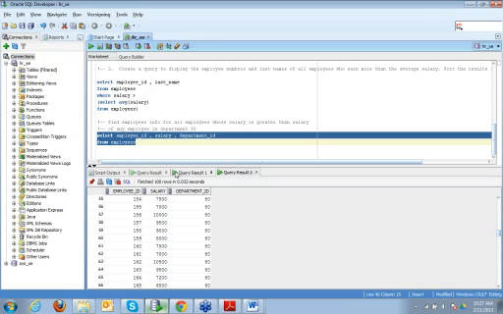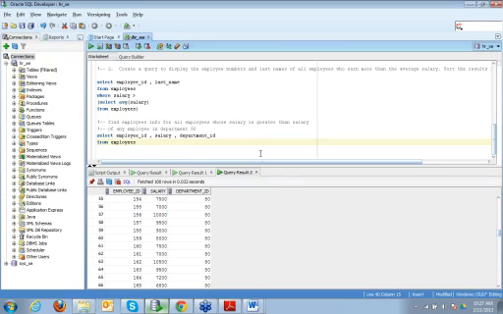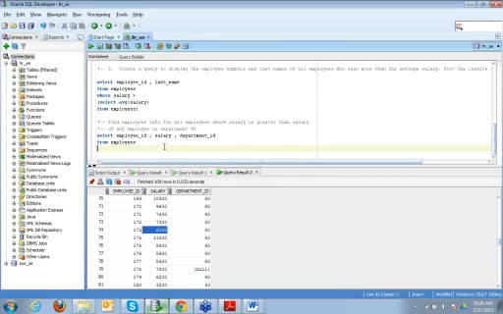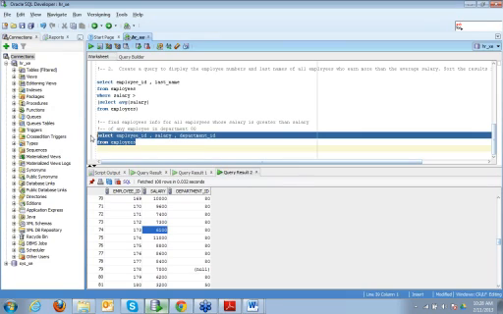So I want the employees' information whose salary is greater than any employee, right? Any of these. So it has to be, what is the minimum salary of any employee in department 80? So I think it is 7,000, right? No, it is 6,200. 6,100. Yeah. So 6,100 is the minimum salary. So I want employees' information where the salary is more than 6,100. So how can I do that?